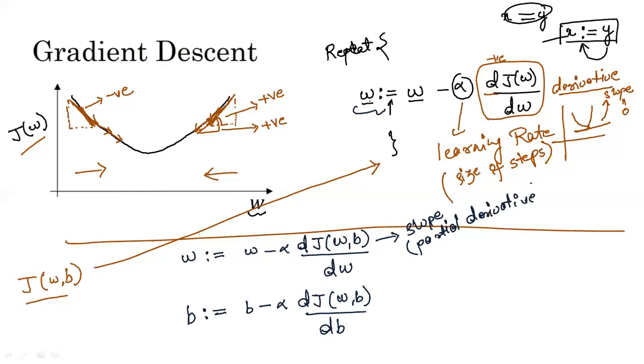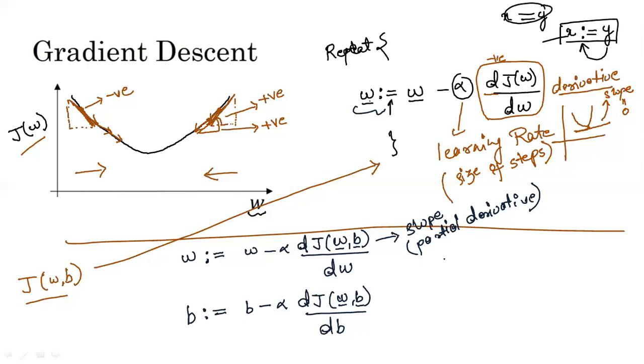In this partial derivative, if we are updating the equation in terms of parameter w, then we will take this derivative in terms of w only. So w would be the variable here, and we'll consider b as constant when we are updating w. And when we are updating these equations in terms of parameter b, then we will take b as a variable and parameter w as constant. So this is the intuition of this update rule.